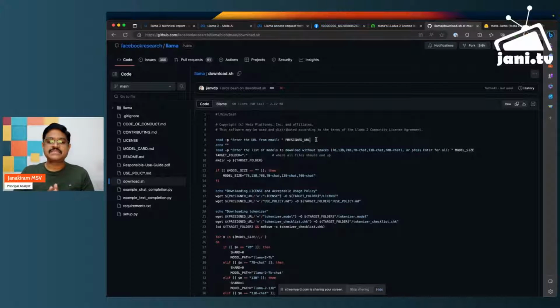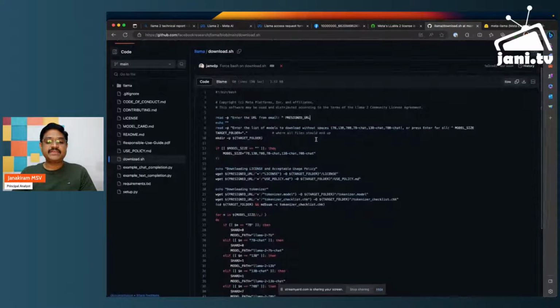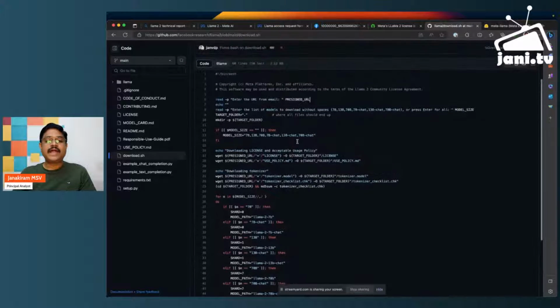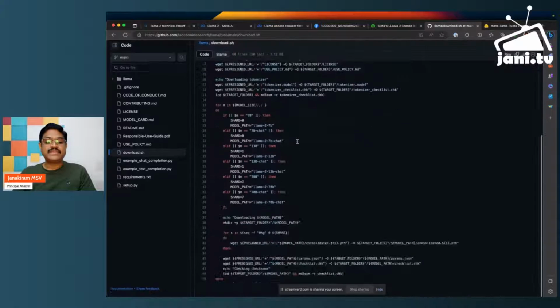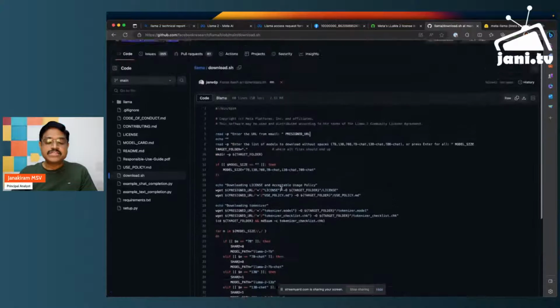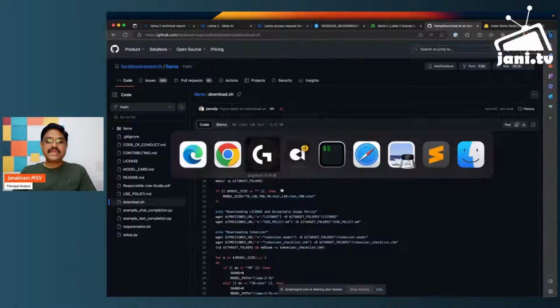You got to copy paste to make sure there are no additional characters, no spaces, nothing. And then once you hit enter, it's going to prompt you which model you want to download, and then it can basically download all the base versions like the 7B, 13B, 70B, and also the chat versions of the same model. So with that, let me take you to my